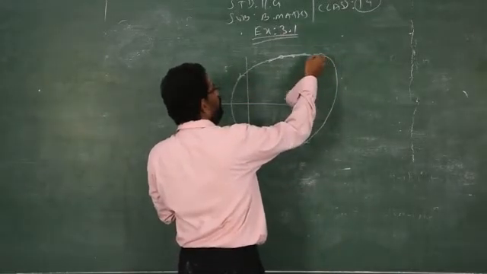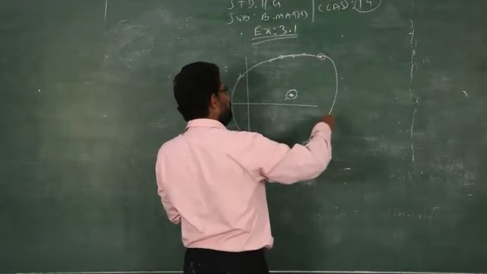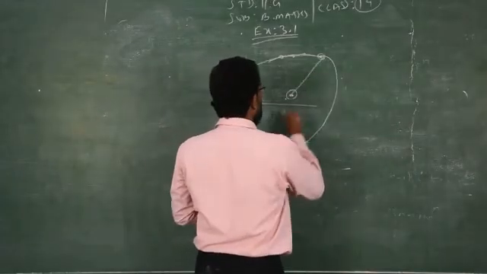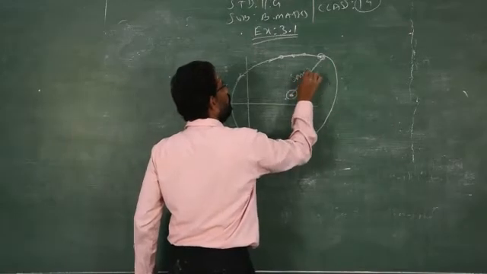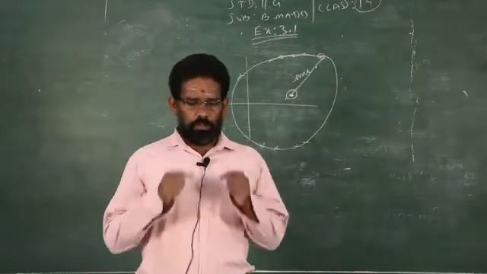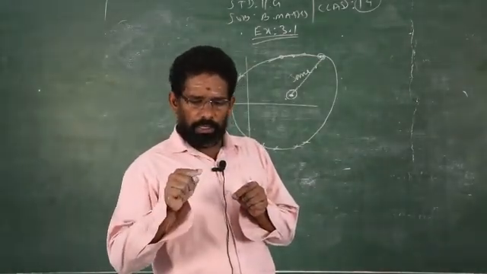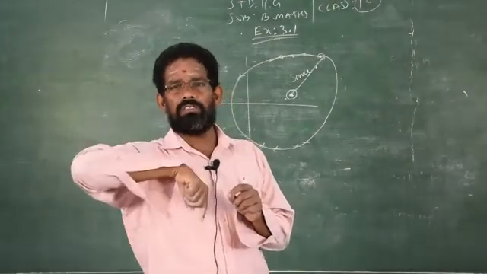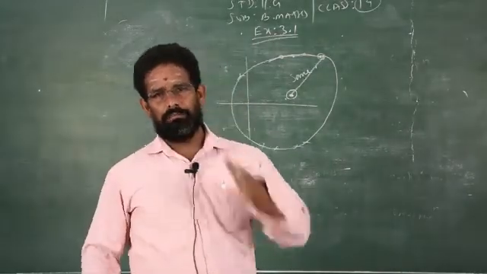If you follow the moving point, and the moving point shows one shape, it may be a circle shape. If it is a circle shape, what is the condition? The distance between the fixed point and the moving point will always be the same. Always the same. So the distance between the fixed point and the moving point is the same, that is the condition, then the locus of the moving point represents a circle.